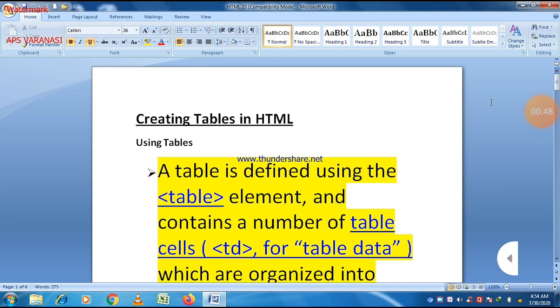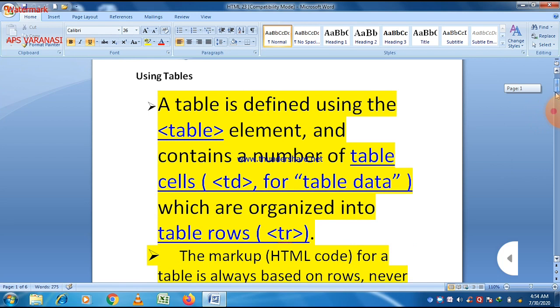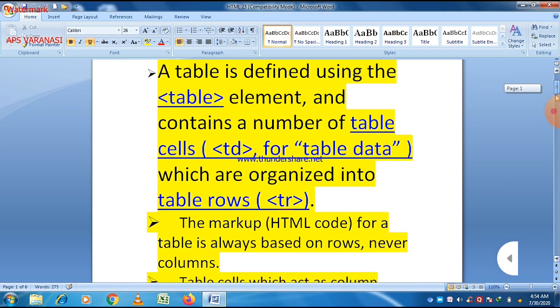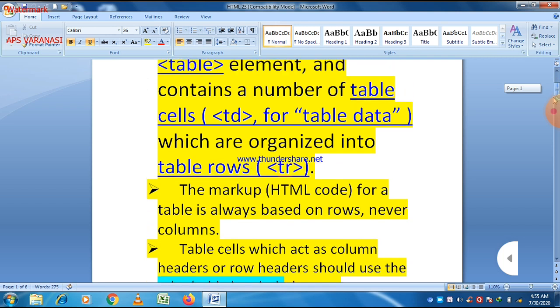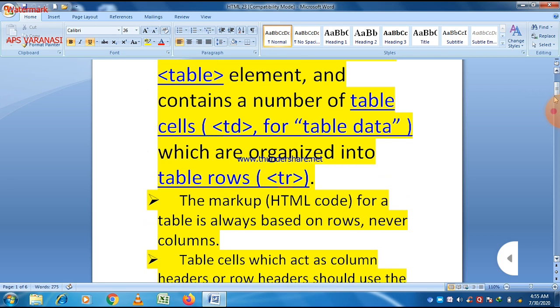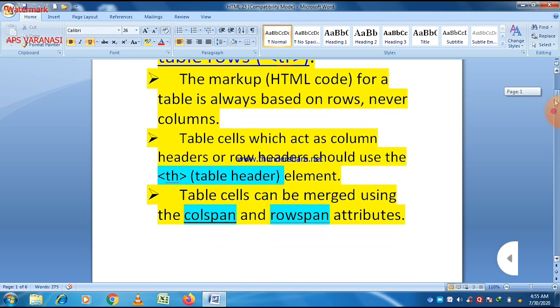First of all, table. If you want to create a table in HTML, then there is a table tag, and the table tag is basically used to create a table. There are two more tags used with it. First is the tr tag, which defines a table row, and second is the td tag, which defines table data. And if you want to put a heading within a table, then you can also use the th tag in place of the td tag. So table, th, td, and th and td both are parts of the tr tag. Always remember that. It is already discussed in our previous video.